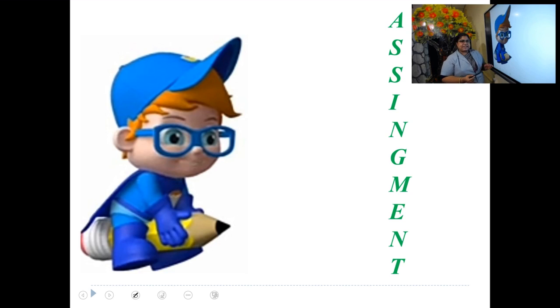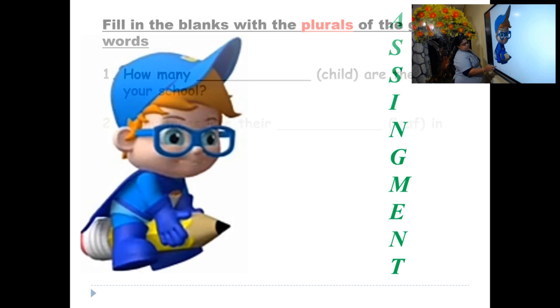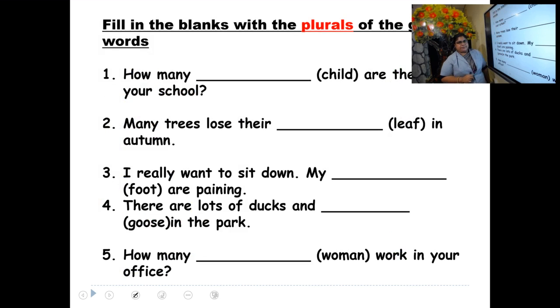So hope you understand till now. Hope you understand all the rules we studied in the last class and today. Now can we go to do our assignment? So today also we have one assignment. Hope you have done. Last day we had one assignment. Hope all of you have written that? Yes. So now we are moving to our next assignment of today, that is fill in the blanks with the plural of the words given.